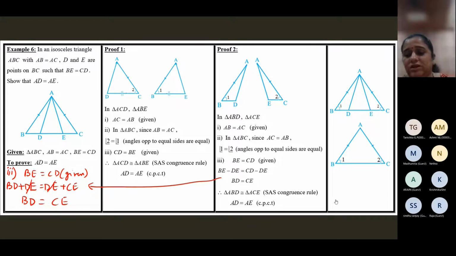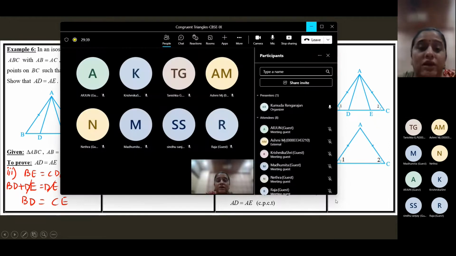Okay, children, I just want to make this announcement that in future, children who do not submit the homework will not get the link for the class. And I'll be very reasonable. I know on weekdays, I will not give you so much homework, because congruent triangles and quadrilaterals, all these are proofs, and it is time consuming to write during the class. In the time you will write, I can teach you two other proofs. So we can save time like that.